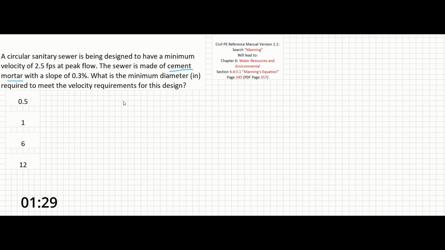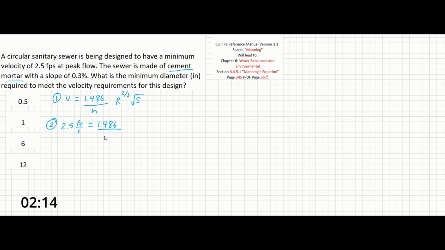We are going to use the form of Manning's that only includes velocity. So if we search Manning's in the reference manual, it should lead us to page 345. That equation is going to be V equals 1.486 over n times hydraulic radius raised to the 2/3 times the square root of the slope. So let's plug in our givens below. We know that velocity is 2.5 feet per second,